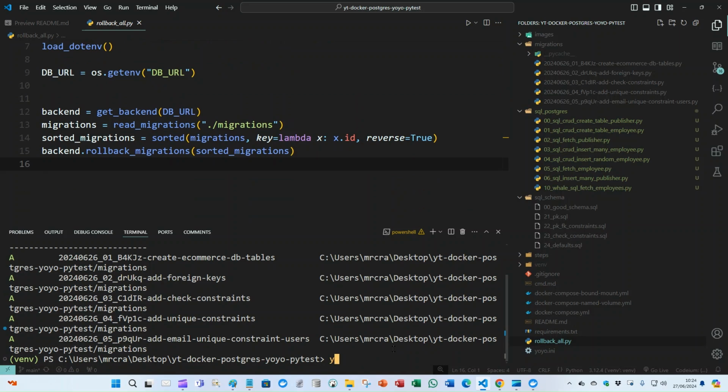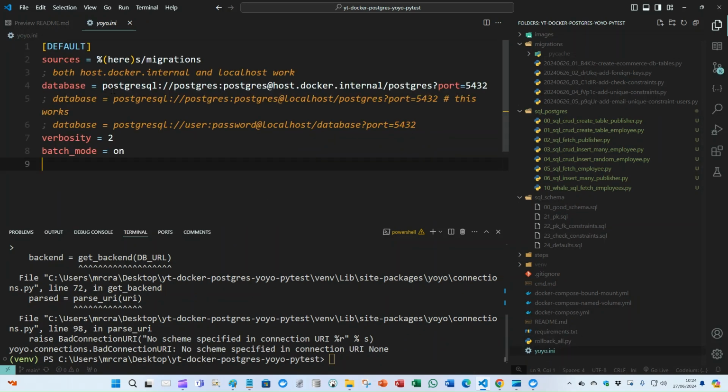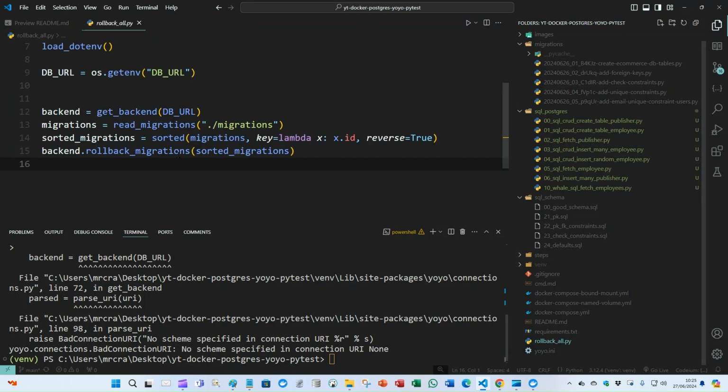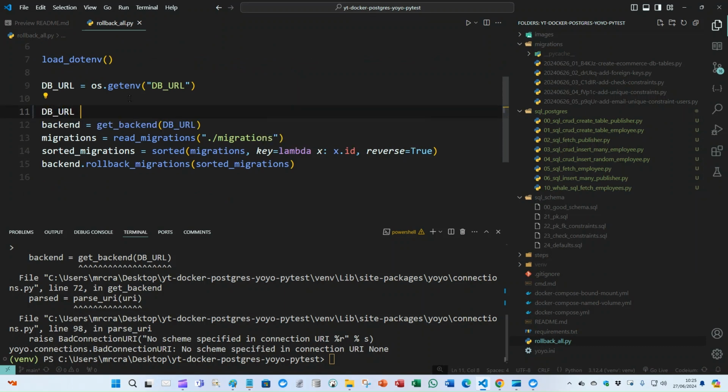Let's do python rollback. Yeah, the connection string isn't there. So what we'll do is we just put in yoyo.ini. Let's put in this connection string here. Come back into rollback. I forgot. I'll put DB_URL equals